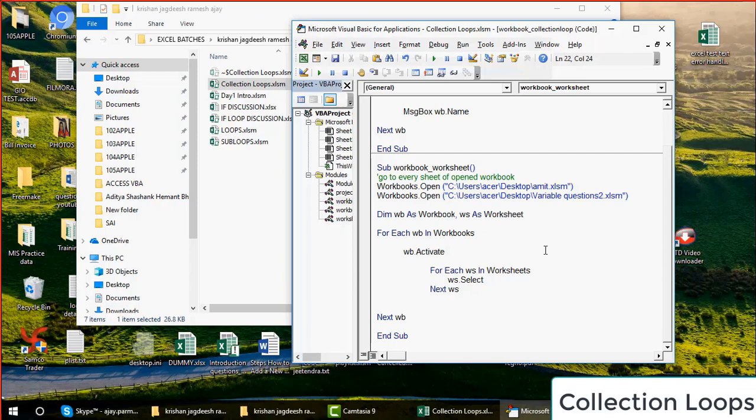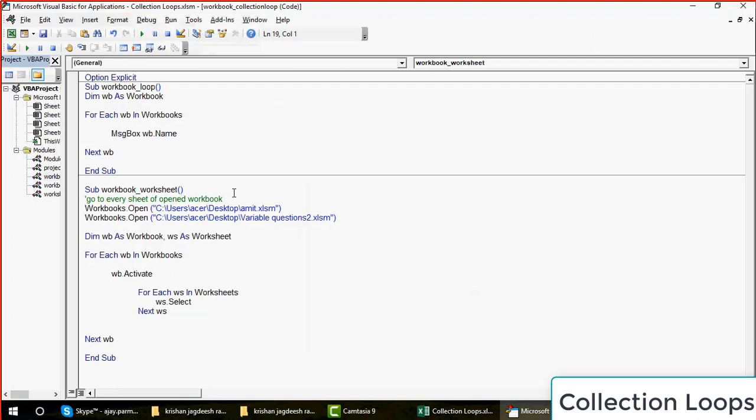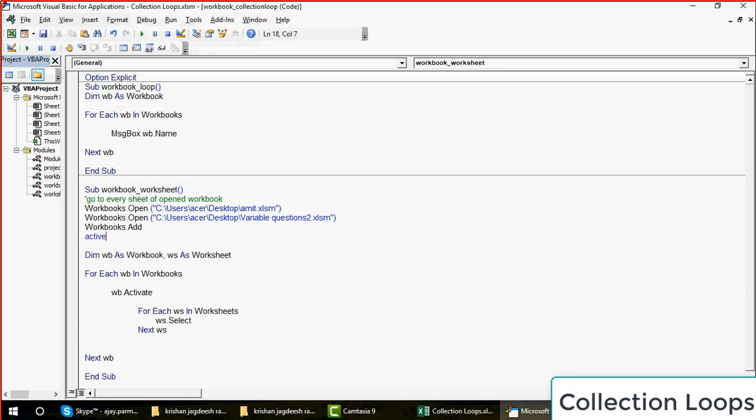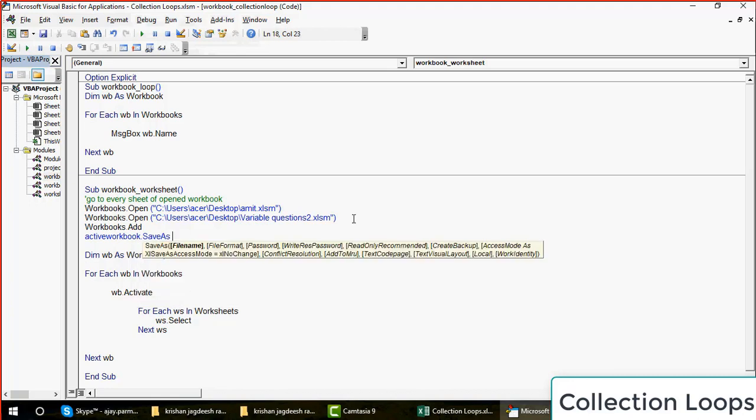Now we are not going to create it before running the code. We will create it in the code itself. Again, one more thing now. Okay, so what we will do, you get these files open. And when you get these files opened, you can write here that please add one more workbook, which is a new workbook, obviously. And then once you add that workbook, that will be the active workbook, and we need to save it. So I'm going to save that workbook maybe in my D drive. I'm going to give it a name, let's say ramesh.xlsx.